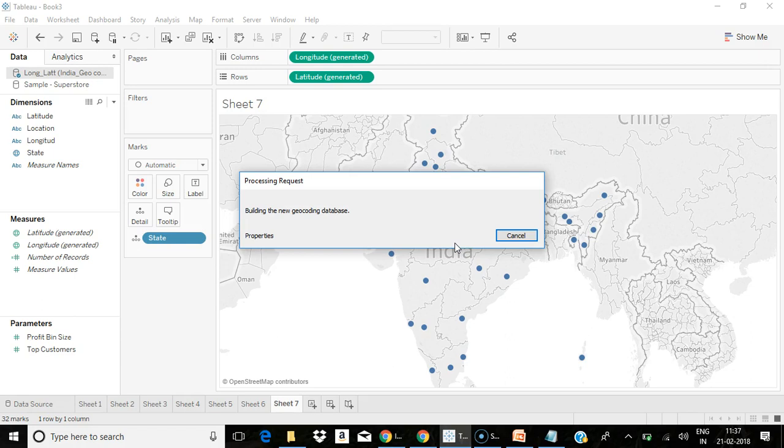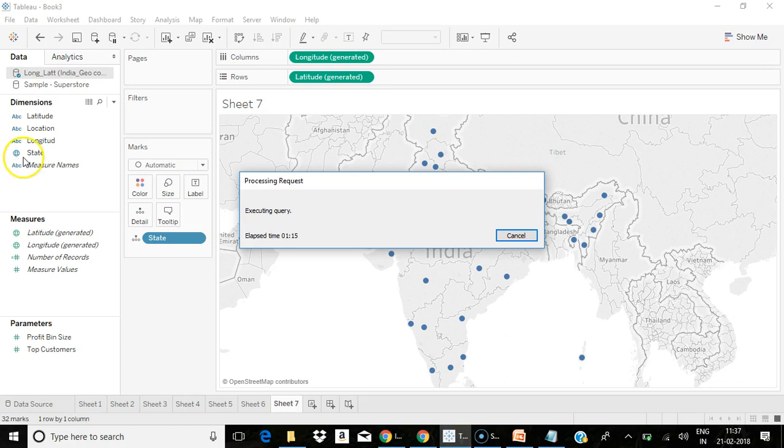So when you use custom geocoding, it is an external file which is going to be placed in your local Tableau repository, so that even when you send your file as a TWBX, that file is also packaged content, so we don't need to send it separately. So it is going to go as packaged content. Once the custom geocoding has been imported, you would be able to see a small box symbol here for your geographical symbol, which will be referred to by a custom geocoding. When you see a small box symbol, it states it is a custom geocoding referenced file.